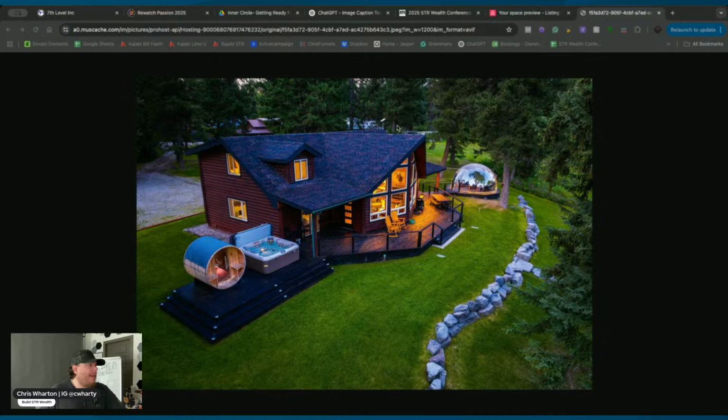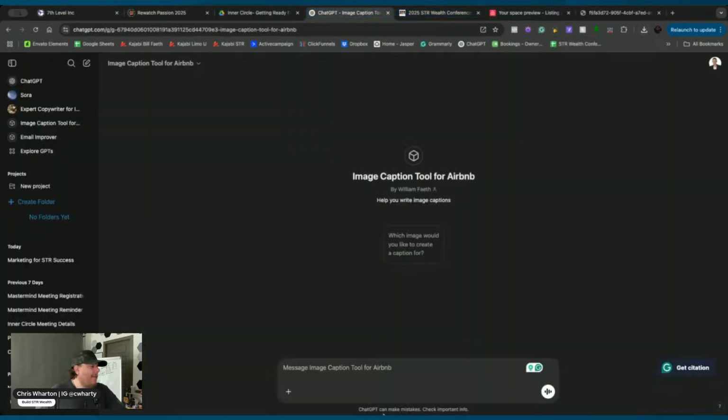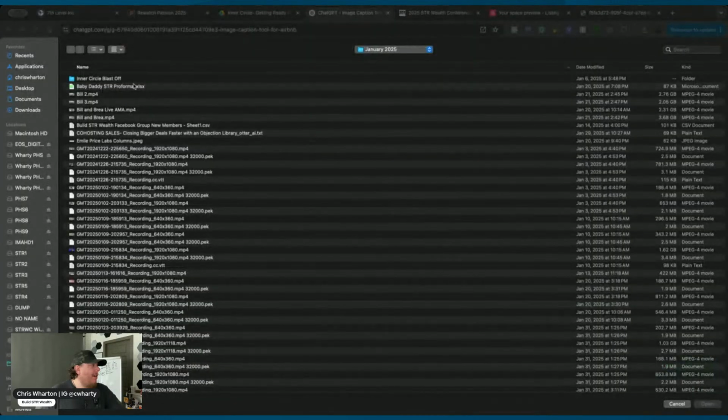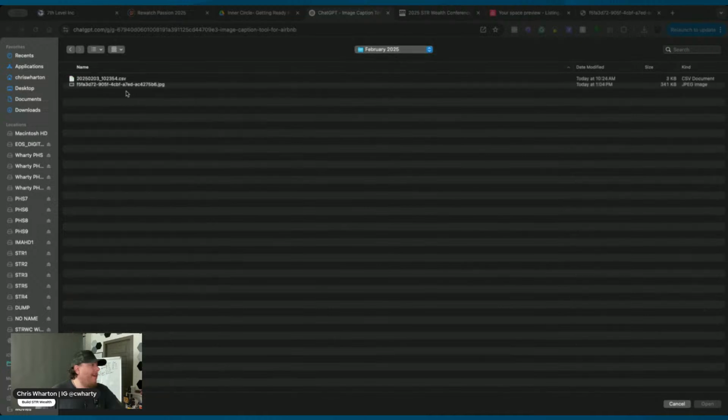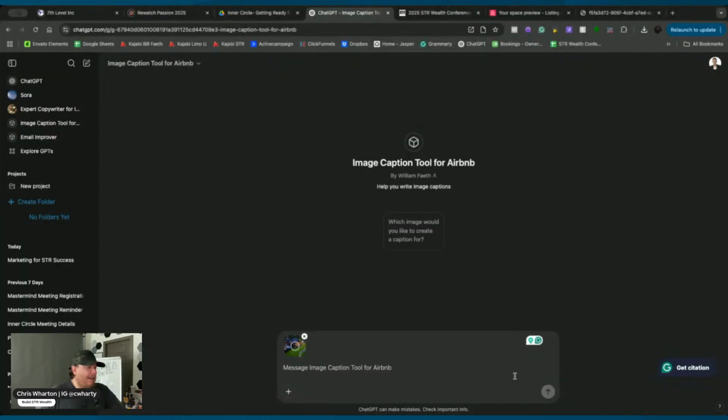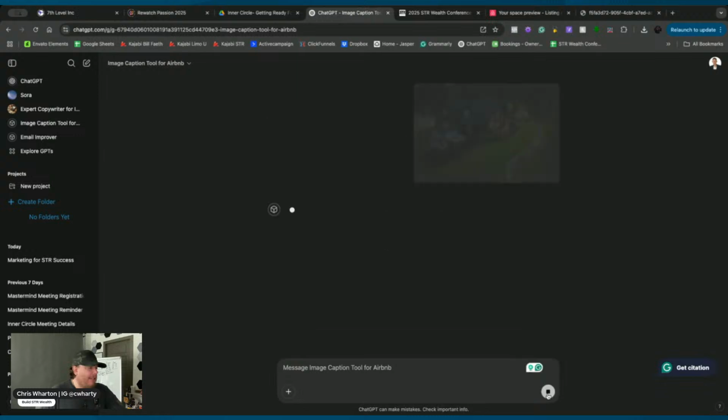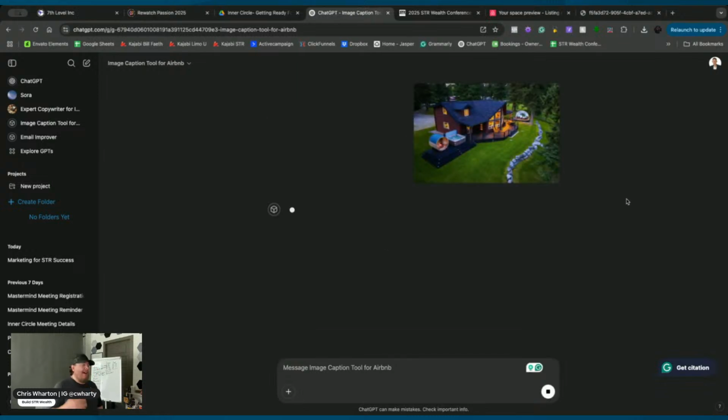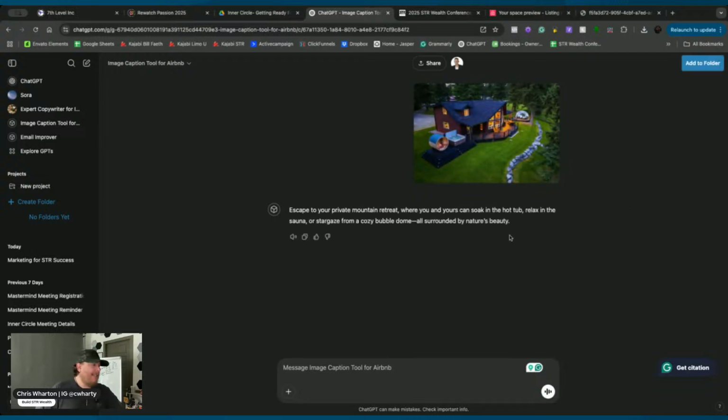And we'll put it in February. That's fine. Cool. And then with ChatGPT, I can go back to it. I can then upload from my computer that particular image. That would be in February. And then I can just send it, analyze the image, and then provide a caption for it as it's done